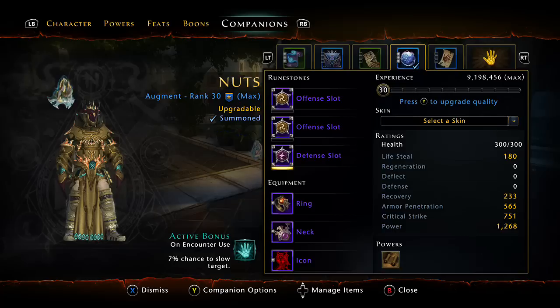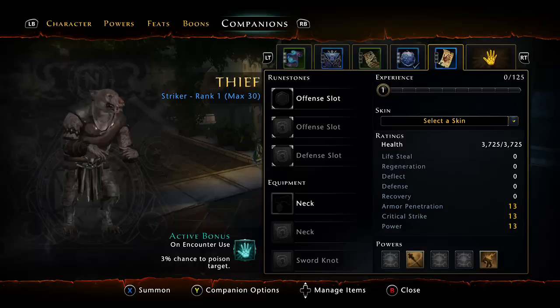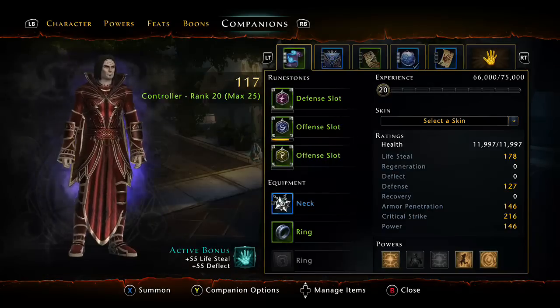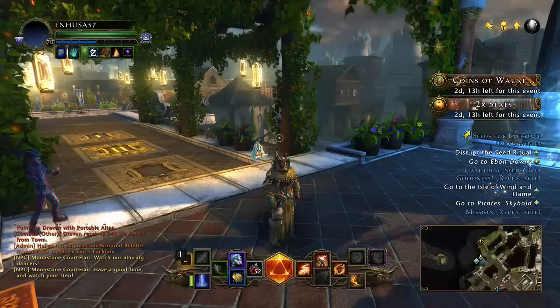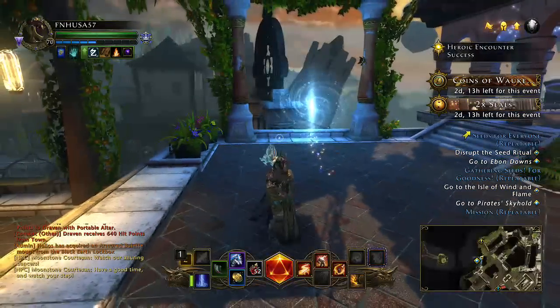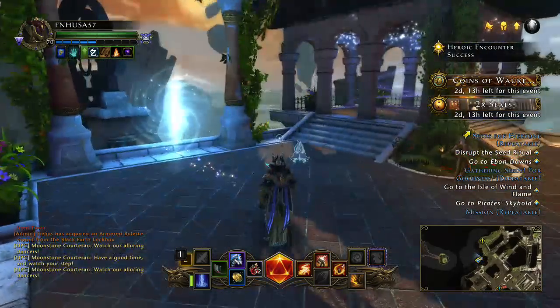So 100% of its stats are granted to you to buff your stats. I also take the Were-Rat Thief because it has a 3% chance on encounter use to poison the target, but it's pretty much personal preference on that one. I will do an update to my gear list a little bit later when I get my endgame gear, and